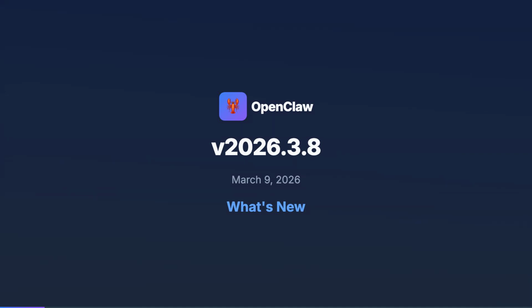With 11 changes and 46 fixes, this update is packed with goodies. Let's dive in and explore the highlights of this release. From backup and restore options to improved chat functionality, we've got you covered. So, what are you waiting for? Let's get started and see what's new in OpenClaw